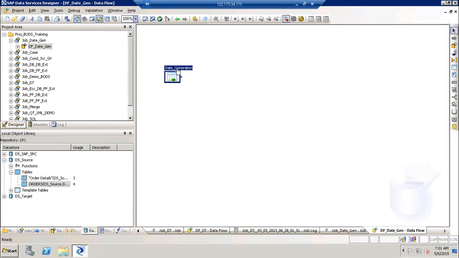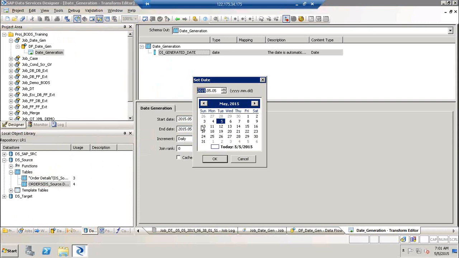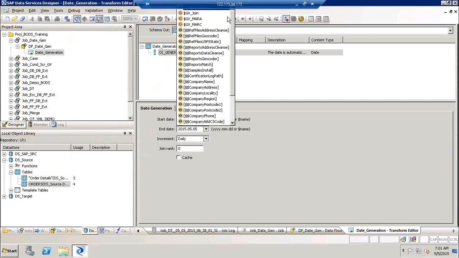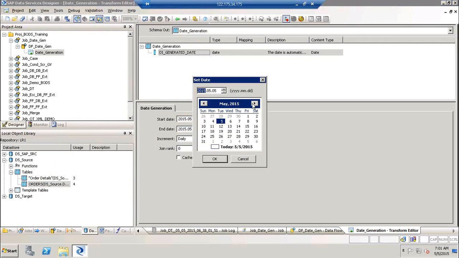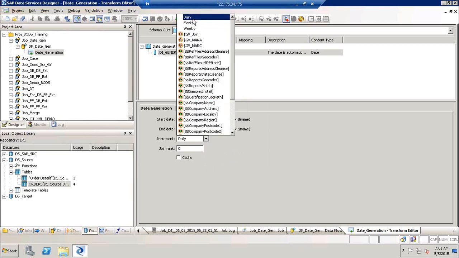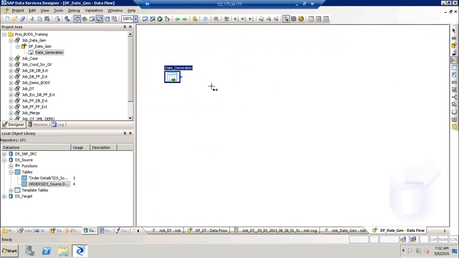If you open this date generation transformation, it will give you a start date. Click on the drop down and select the columns here. So 1st of May, right? And click on OK. And for end date, again click on the drop down and select the date. You can say end of June and click on OK. The incremental mechanism is daily, monthly, or weekly, so I'll go by daily. If you want to utilize the cache, you can check this box, and join ranks we already spoke about. So if I just simply execute this,